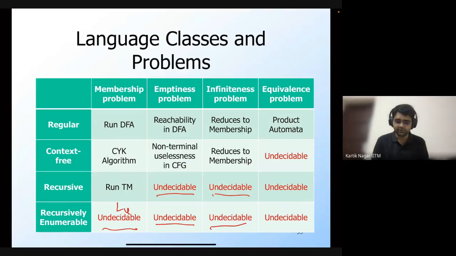As it happens, for context-free languages, this problem is undecidable. Although we have not seen this, and it's not part of the syllabus, in order to prove it we need another undecidable problem, which is PCP, the Post Correspondence Problem. Using the Post Correspondence Problem, I can prove that the equivalence problem for context-free languages is undecidable. And similarly, for recursively enumerable and recursive languages, this problem is also undecidable.